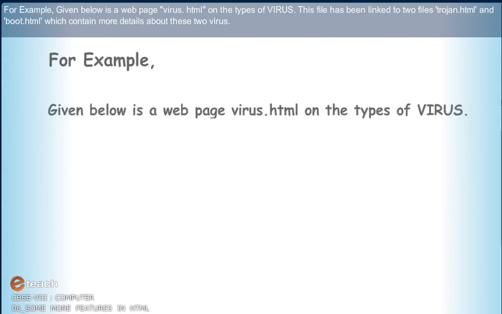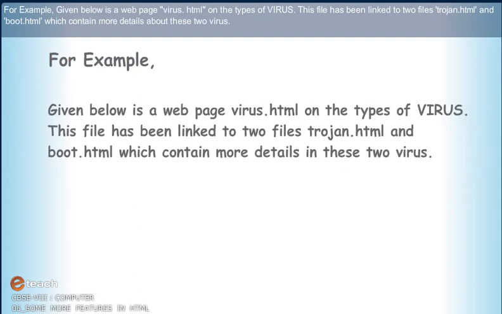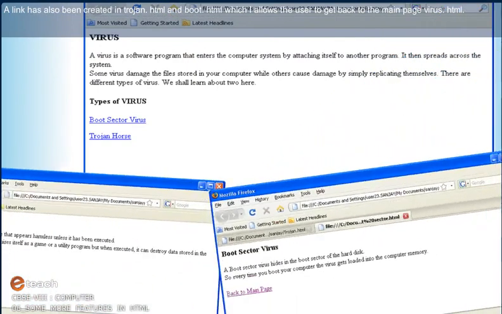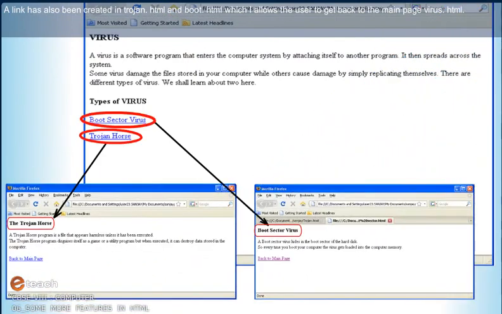For example, given below is a web page virus.html on the types of virus. This file has been linked to two files, trojan.html and boot.html, which contain more details on these two viruses. A link has also been created in trojan.html and boot.html, which allows the user to get back to the main page virus.html.